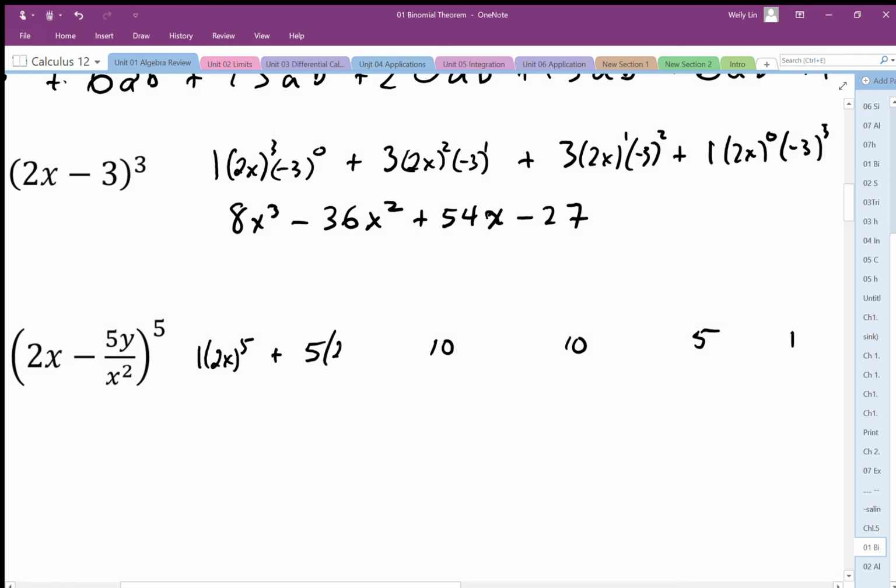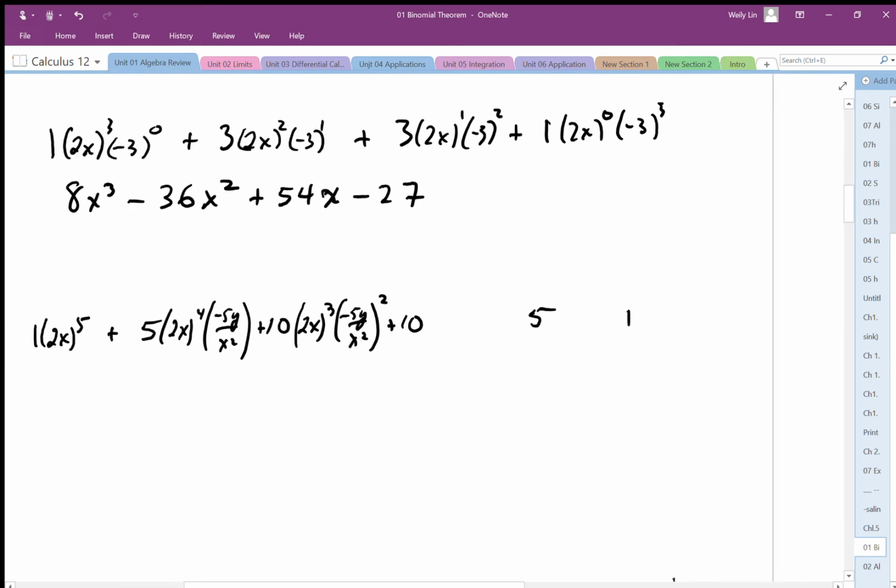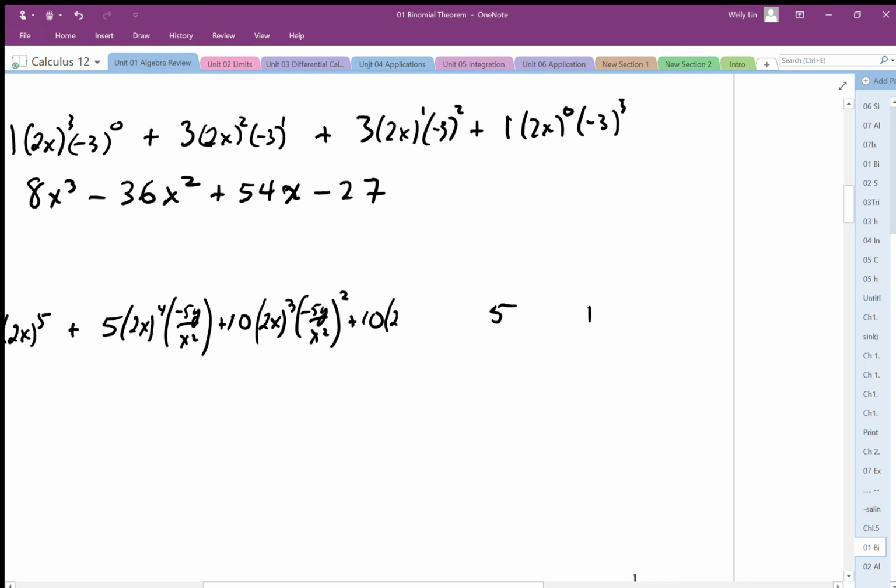I'm going to end up with 2x to the power 4, and then negative 5y over x squared plus, okay, it's starting to get a little bit crowded in here, so I just have to be a little bit careful writing this out. 2x to the power 3 negative 5y over x squared, squared plus, okay, this is going to be 2x squared negative 5y over x squared to the power 3 plus